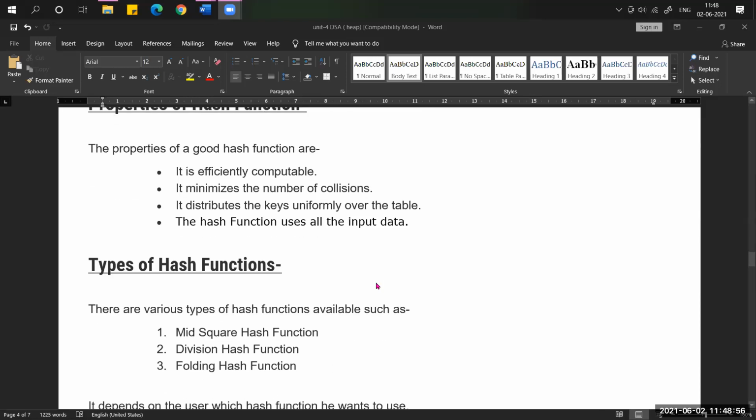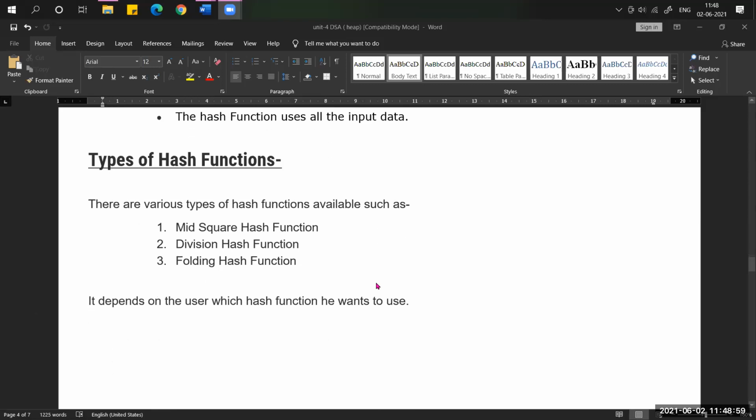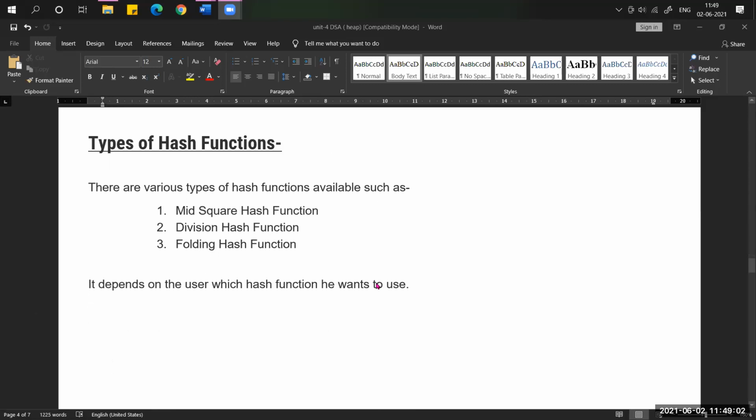Next, there are different types of hash functions. The first one is the mid square hash function. Mid means that after squaring the data item, we take the middle term. Then the division hash function, where we perform the division operation on the data item.